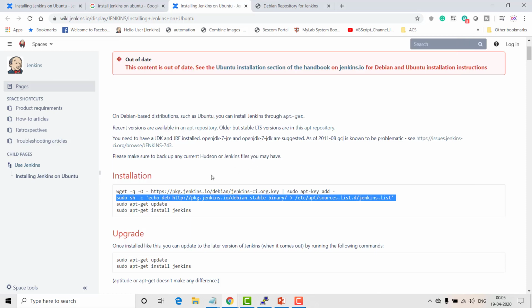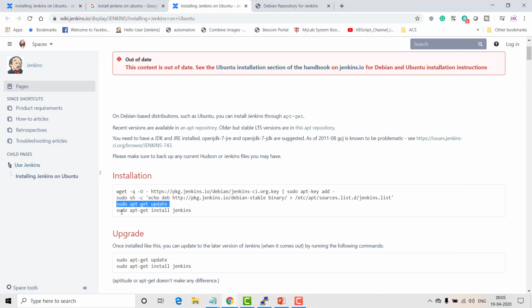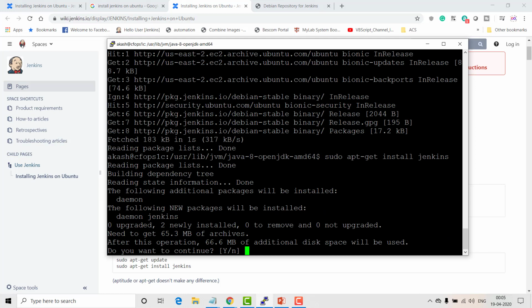And this is added. The only thing you have to do now is sudo apt-get update. Sudo apt-get update is going to update your packages again after adding that particular jenkins.list, and once the packages are updated, just run the Jenkins install.